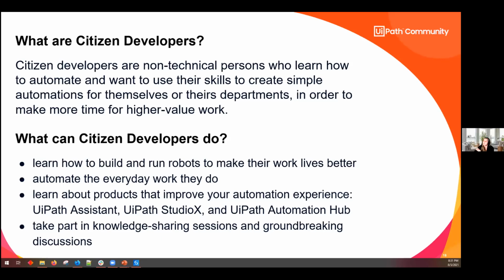But on the Academy link that we provided in this slide, you can see other courses that can show you how to publish the project to the Orchestrator, how to deploy a process, and how other people can use it. Got it. Thank you. Appreciate it. And you will have other tools like UiPath Assistant to actually run that automation on another computer. Christina is going to show all about Academy and give you the link so you have access to it.